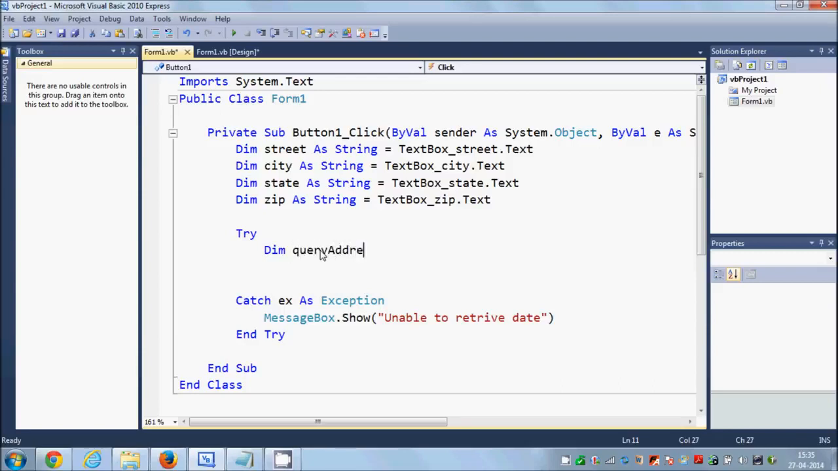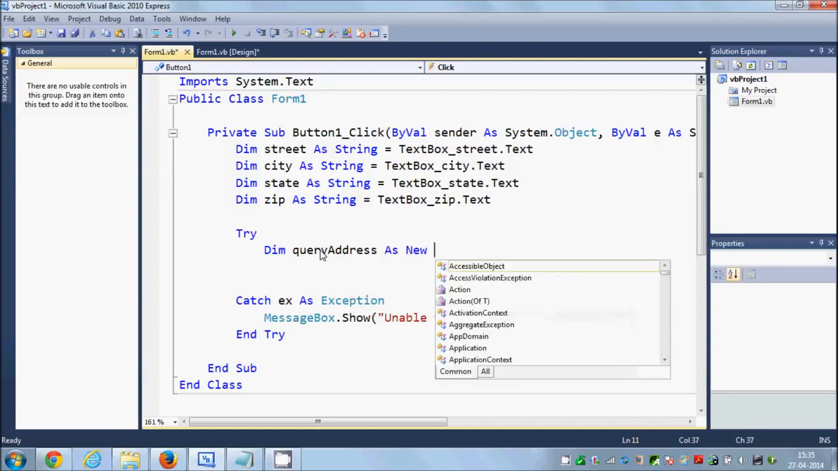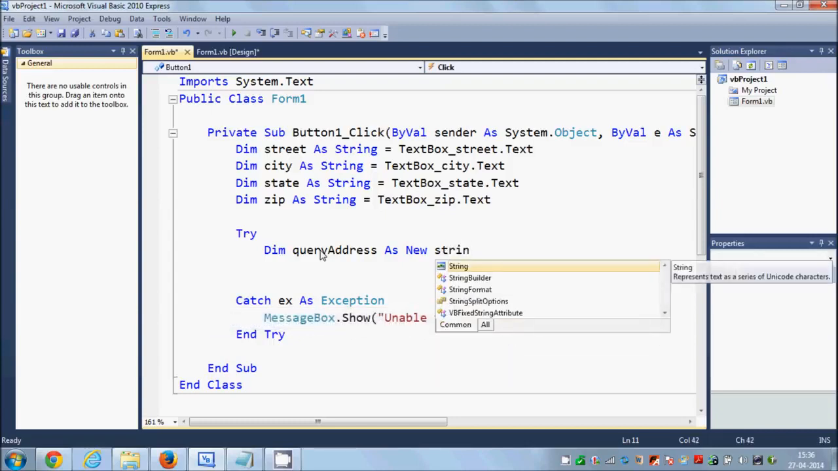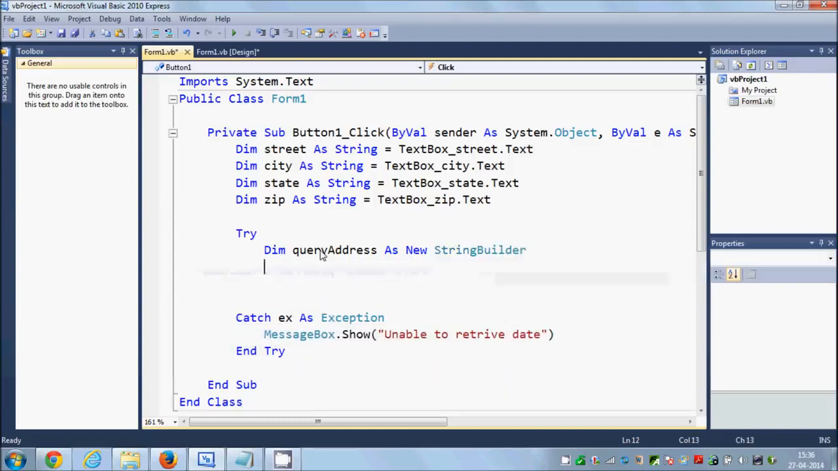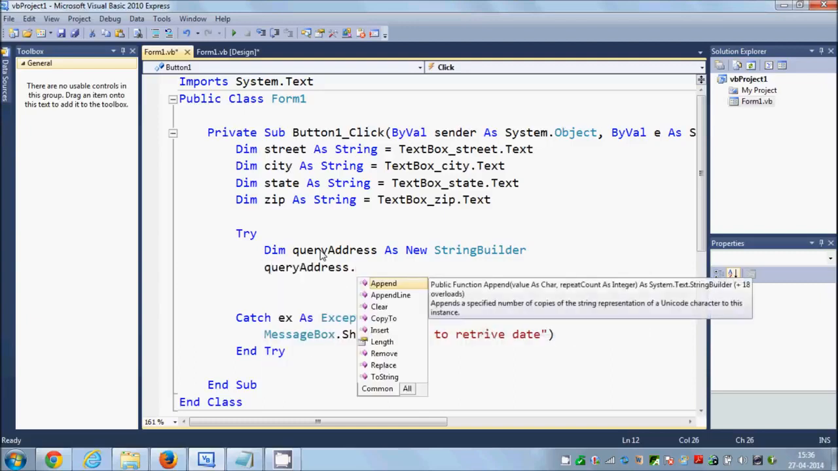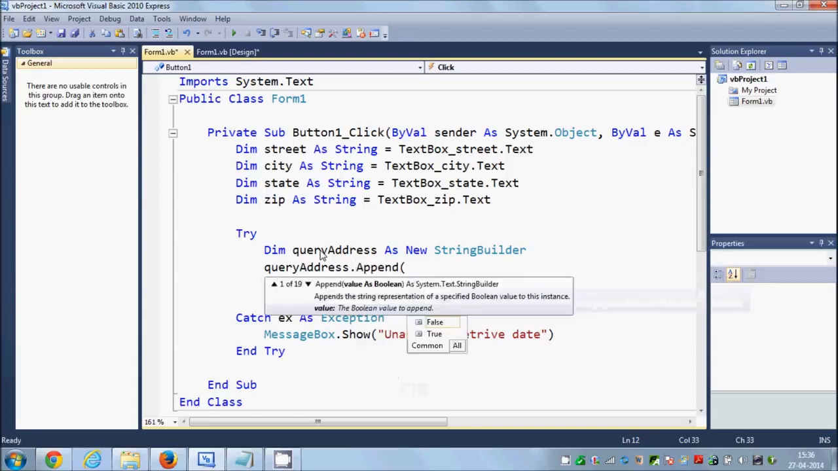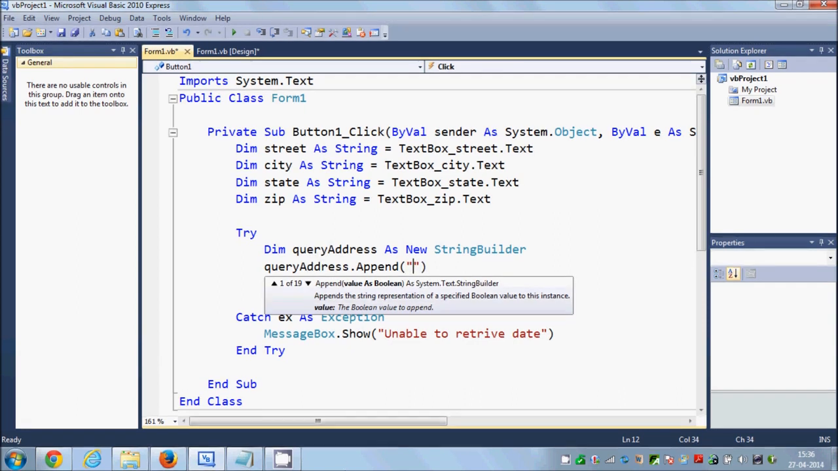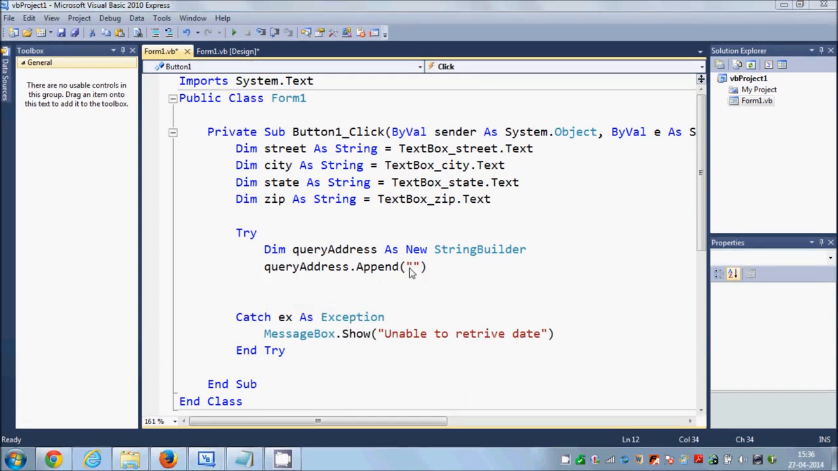Okay, and inside my try block, I will declare a new variable, dim query address as new string builder, and I will write query address dot append, and in here I'm going to write the address of Google Maps. So this is the address I'm going to write: http colon slash slash maps dot google dot com slash maps question mark q is equal to,